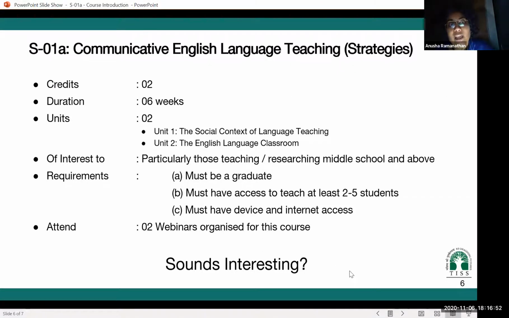But we also have the fact that we are a postgraduate university, and this course certification will be given to people with a graduate degree, and they must have access to teach at least 2 to 5 students because this is a practice-based course. We would expect you to implement with your students some things and learn and share with us your learning so we can also learn with you. And of course, you must have access to a device and internet access.